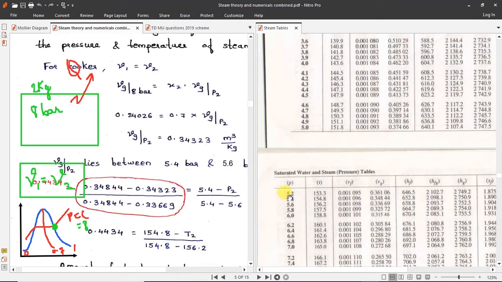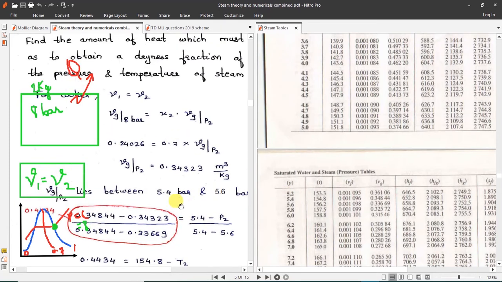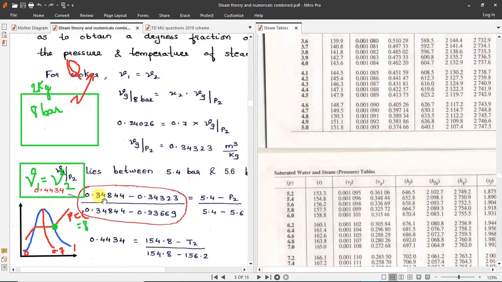Okay, now the 5.4 value is known, minus, now if you see this value, this is Vg at P2. This pressure is not known. We have to calculate this pressure. So 5.4 pressure is known. So 5.4 minus unknown P2, divided by 5.4 minus 5.6. Now corresponding to 5.4, what is the value of Vg? It is 0.34844. So 0.34844 minus, what is the value of Vg